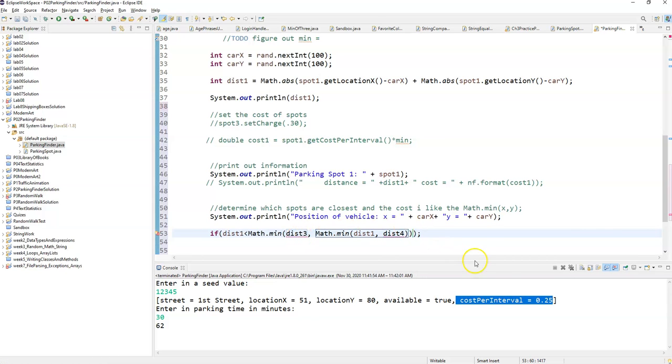Okay, so first we're going to go in here, we're having the distance between 1 and 4, and then we're going to find the minimum of those two, and then find the minimum of 3 versus those two, and then if 1 is less than all that, then it's going to be spot 1. So then I would say